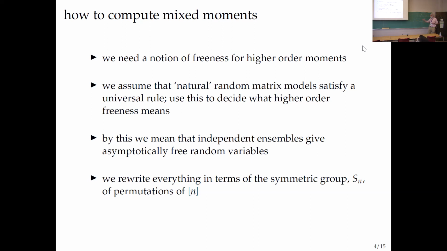I should say a little bit of the history of this. Andrew's not here, but my participation in this subject started with a paper I wrote with Andrew about 20 years ago, where we looked at Wishart matrices and computed the fluctuation moments. We noticed that if you had independent Wishart matrices, there was a rule for computing the mixed moments in terms of those of one and the other. And then Roland and I got together and we turned it into a rule.